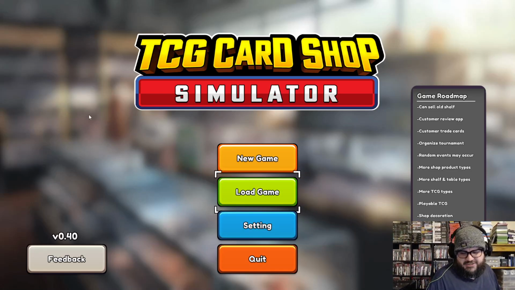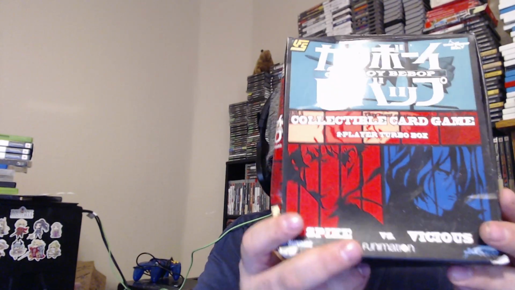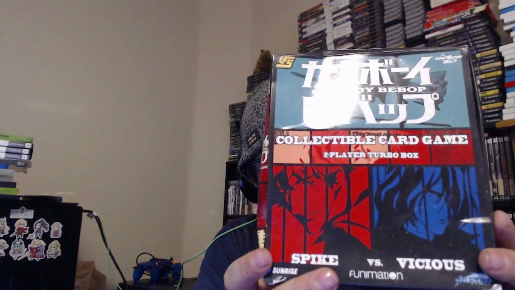So today I'm going to be showing off a game called the Universal Fighting System, or UFS, and I believe they've currently rebranded to Multiversus, but it's basically a card game that tries to replicate fighting games. So here's a starter set that I have of the Cowboy Bebop set, and the way this game works is